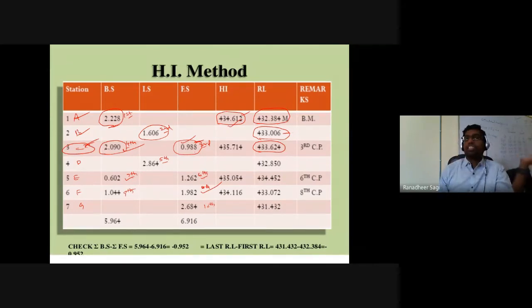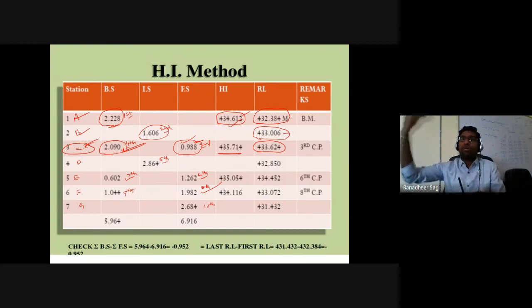When there is a shift in the instrument, obviously with respect to the same point you are going to have what is called foresight data, and you are going to have what is called your backsight data. Now, how are we going to make use of this backsight data in the height of the instrument method? So this backsight data at point C is going to be used once again for calculating the height of the instrument when it is shifted to a new position.